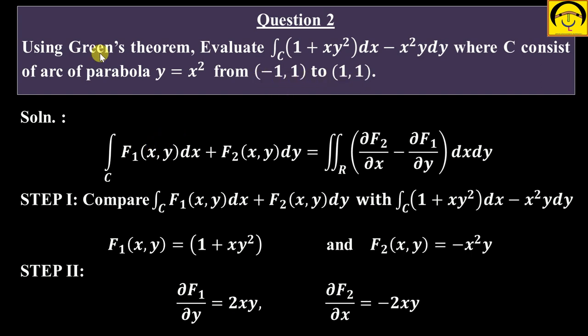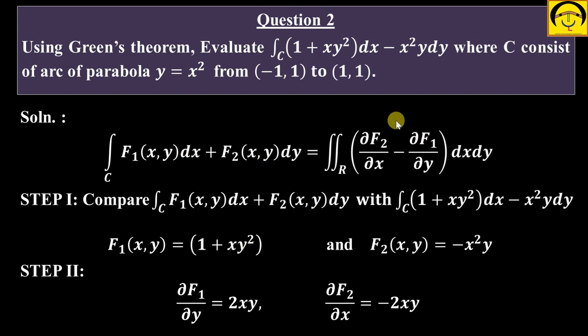सो फर्स्ट स्टेप आपको क्या है कि ग्रीन्स थ्योरम यूज़ करना है, तो ग्रीन्स थ्योरम की स्टेटमेंट लिख ली। उसमें पहले आपको F1 और F2 निकालना है। F1 F2 निकालने के लिए आपको गिवन इंटीग्रल के साथ कंपेयर करना पड़ेगा। सो जो dx का कोफिशिएंट होगा वो F1 होगा, जो dy का कोफिशिएंट होगा वो F2 होगा। सो आपने जब इन दोनों को कंपेयर किया तो F1 आपके पास 1 + xy² और F2 -x²y। सो आपके पास F1 और F2 आ गया।